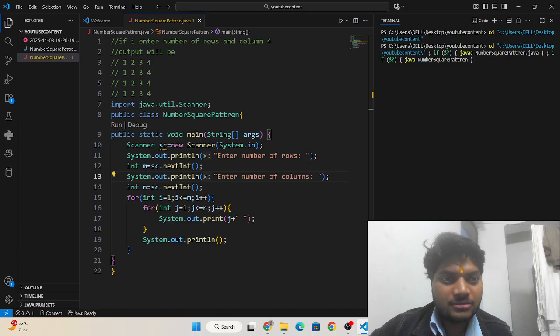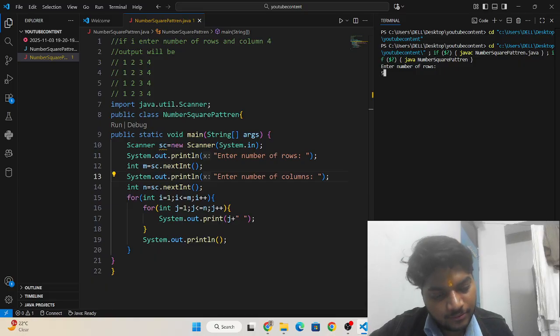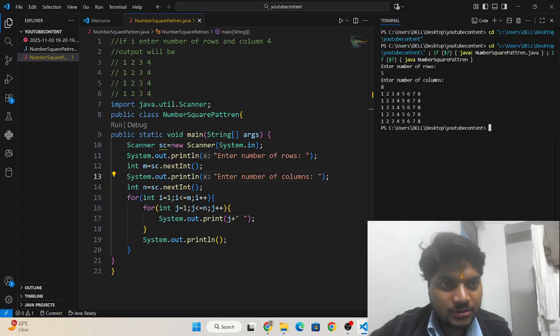Okay, I am entering number of rows 5, and number of columns 8. See, this is the correct result.